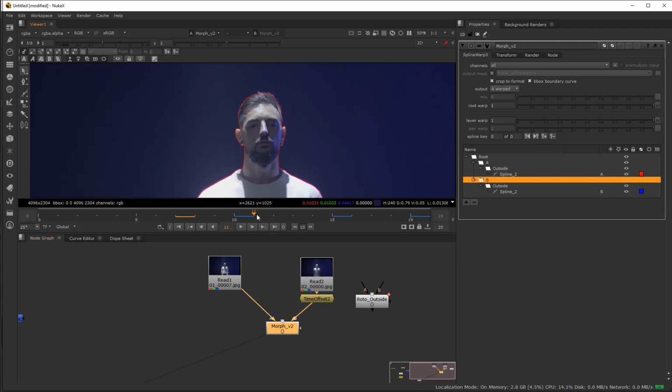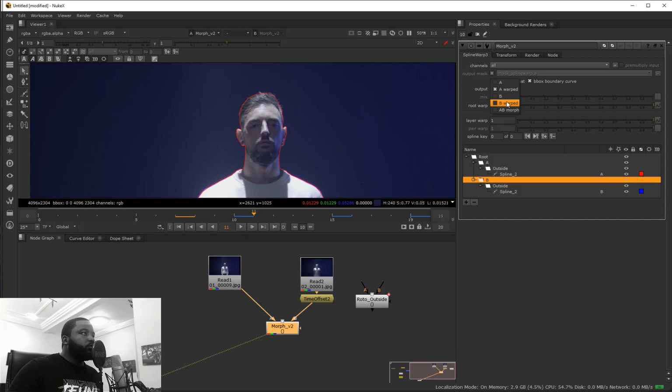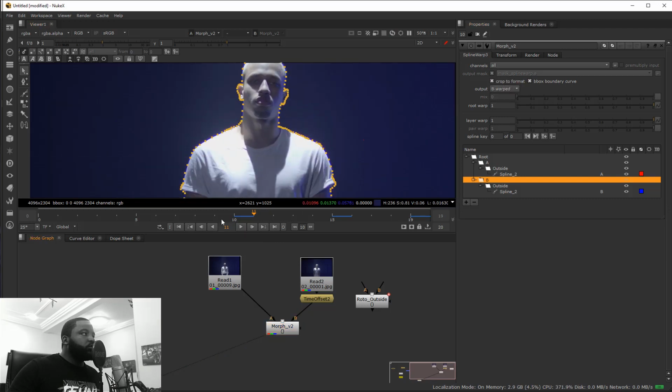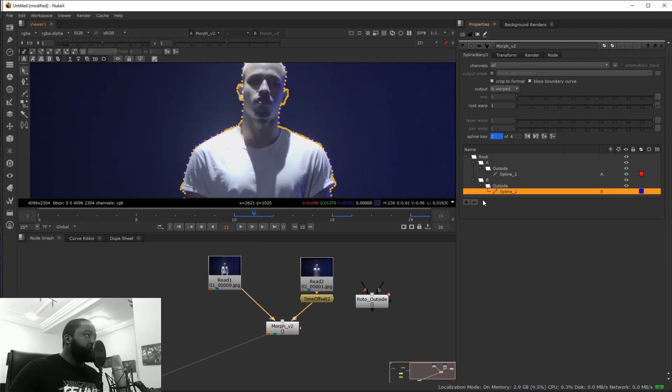Now if I put warp B, I will see the B also with its spline.